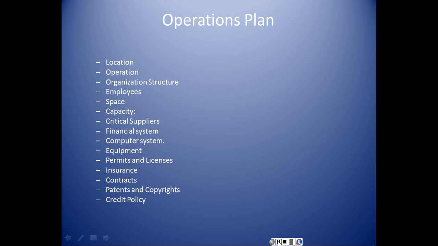Another element is your suppliers. So let's say I'm making a product, and my product requires certain raw materials. Let's say I need titanium. And what happens if I can't get titanium? That's a problem. And so I need to have backup suppliers, because one supplier may have it now but then not be able to supply it at another time. So I need to have resources to get from one place to another.